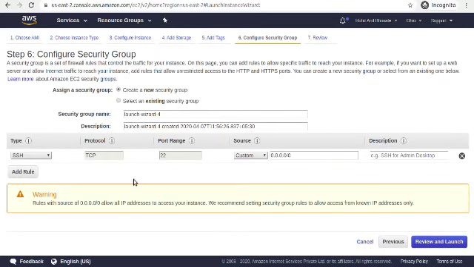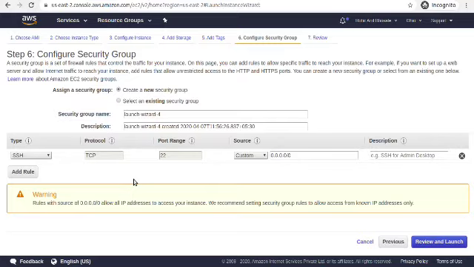Here you have to configure some security groups. A security group is nothing but firewall rules for your EC2 instances. That means it controls your traffic, both incoming and outgoing. That is, who can send requests to my EC2 instance and who can see the response from my EC2 instance.